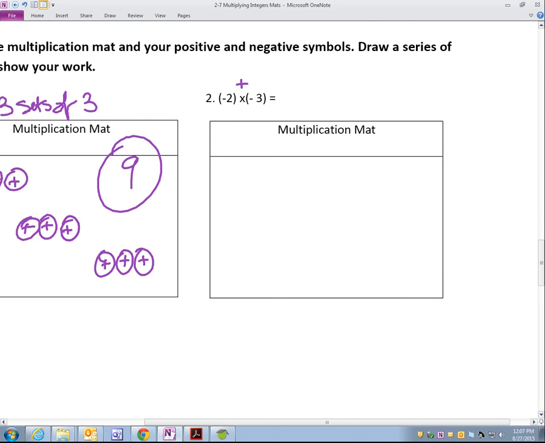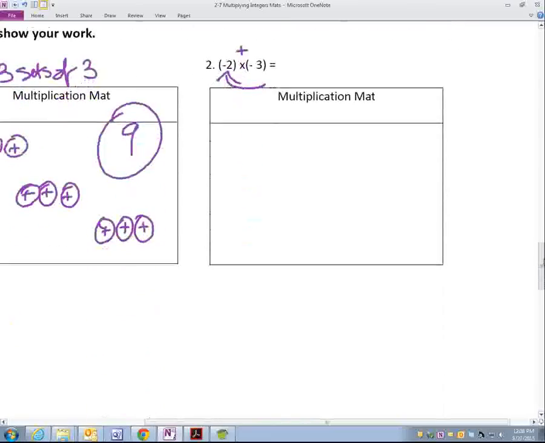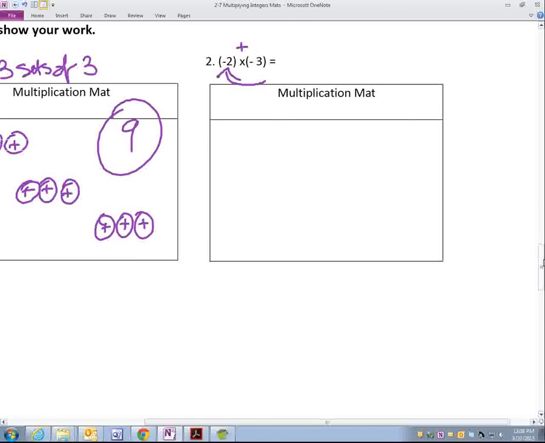So this is telling us that we need to take away 2 sets of negative 3. So there are 2 negatives here, and if I remember right, when both are negative, make a sea of zeros. So I'm making a sea of zeros. I'm going to make 2 sets of 3 zeros. 1, 2, 3. 1, 2, 3. Because both are negative, and as we wrote down and put a picture frame around,